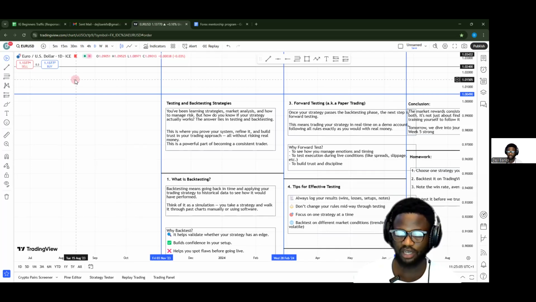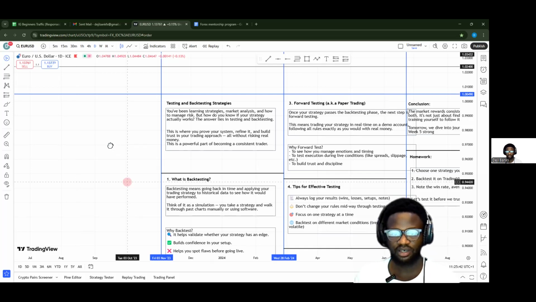Like what I showed you in week three, where we only make decisions at important levels like the support and resistance levels, we are buying or selling, right? How would you know that works? Are you just going to take my word? You should take my word for it, but that won't be the way of a trader. What you ought to do is to test it out without real money first, right? That helps you understand the scenarios in which this might work, the number of times that this works, and the time frame and currency pairs on which this works. Those are the things that will be revealed to you when you take on testing and back testing. So let us get more knowledge about what it is.